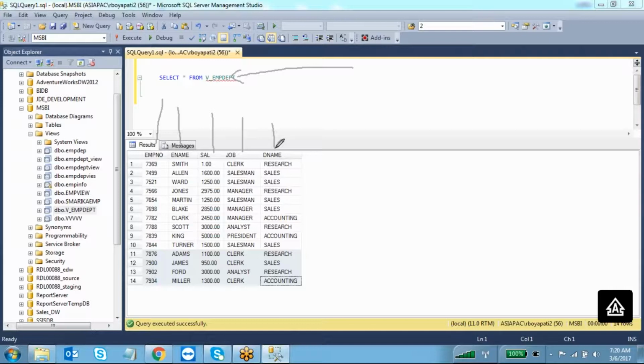Instead of giving access on the EMP table, or on the department table, if you give access on the EMP table, they will see all the information in the EMP table, and some information is confidential. So in that situation, you can create a view with some of the columns from multiple tables, and you can give users access on this view.